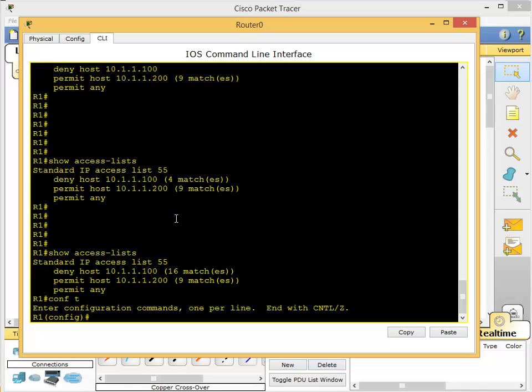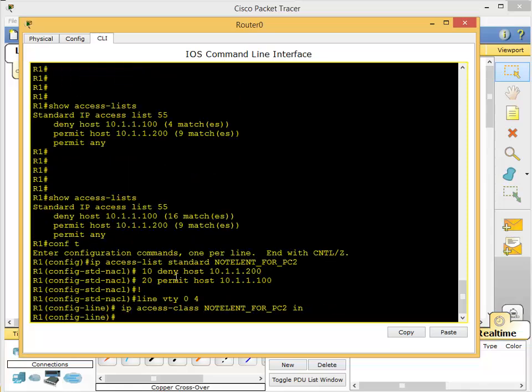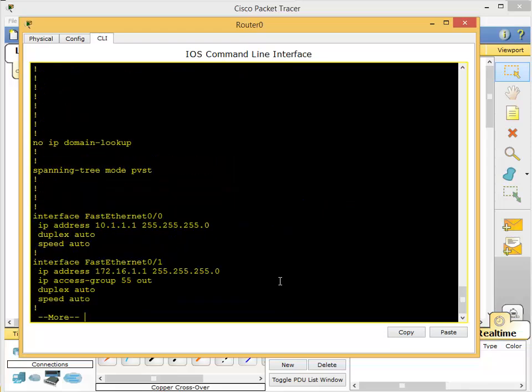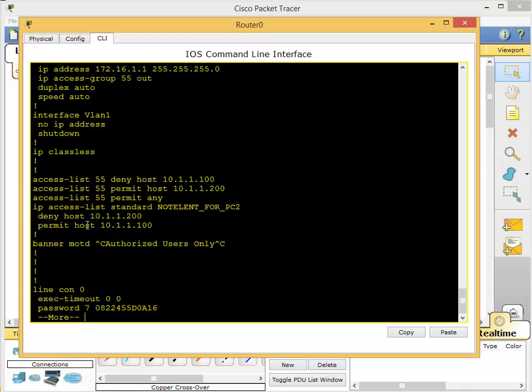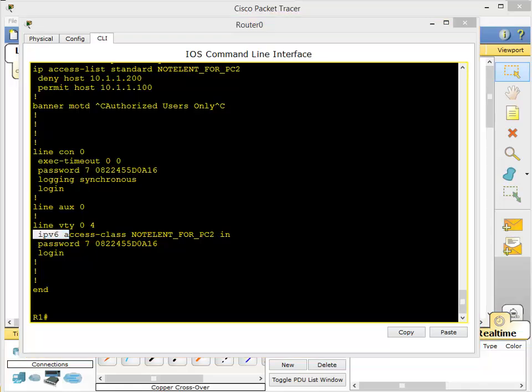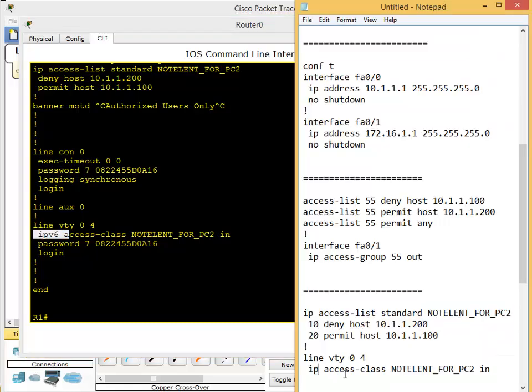Config T. Okay. No spelling mistake. So show run. So access list standard NO-TELNET-FOR-PC2. Denying host PC2, we allow PC1. And oh, sorry, I made a mistake here, because that's for IPv6. So no ip access-class, and I'll just write access-class